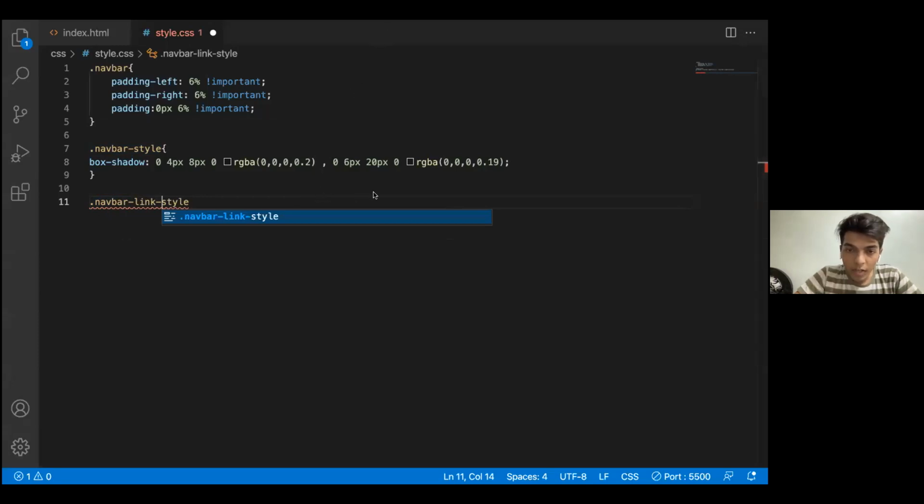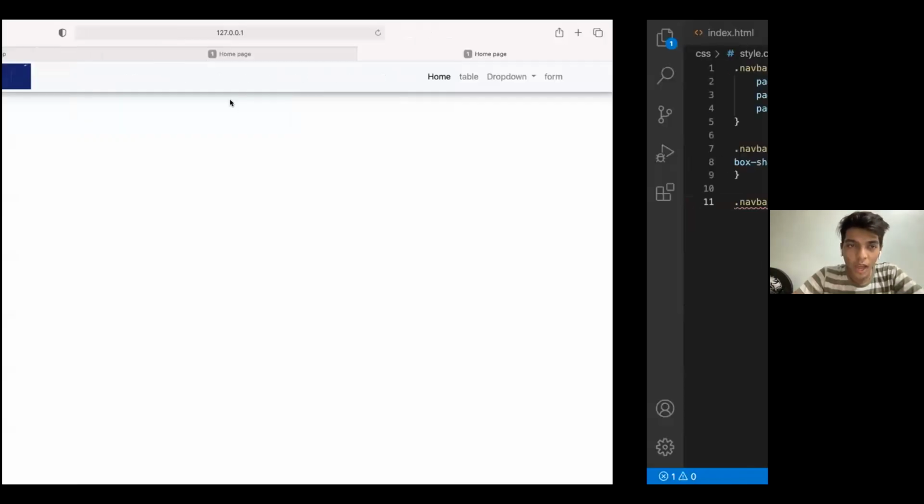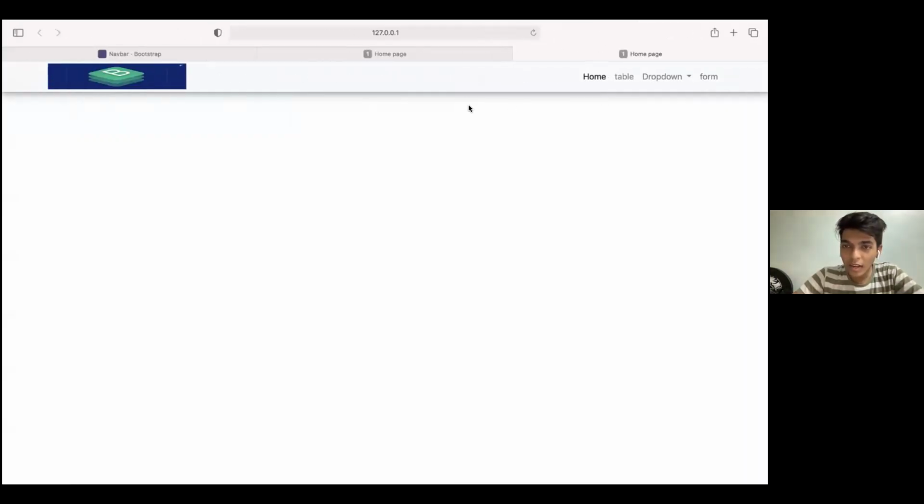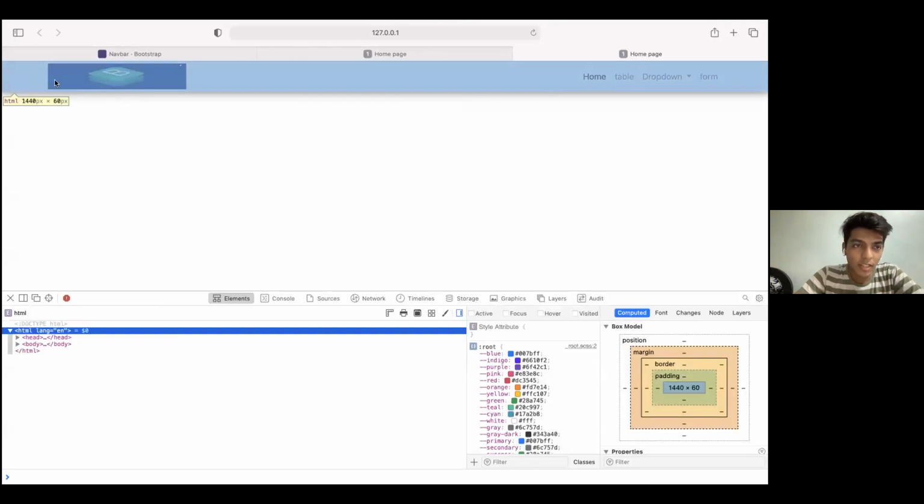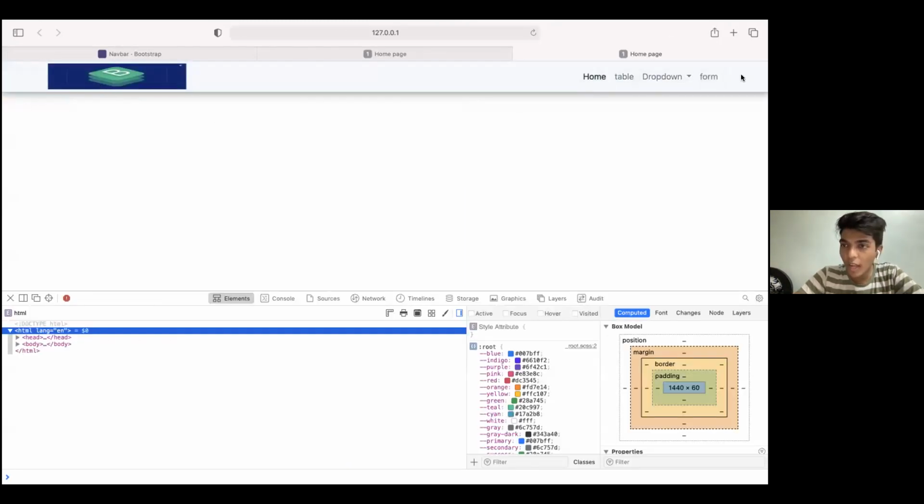Can you explain navbar code a little again? Okay, so the navbar code is I wanted some padding in my navbar. I don't want to style anything else. It's just the navbar that I want to give. So I provided a padding of left hand side of something. I provided a padding of right hand side to something. So as you can see that right now, if I inspect the element, the padding that I'm getting is the part that is left out from here and here.